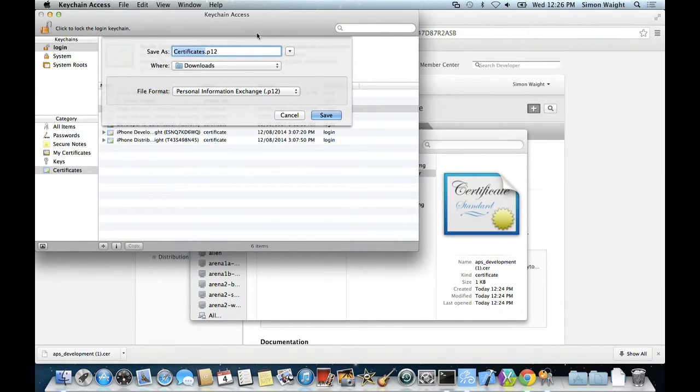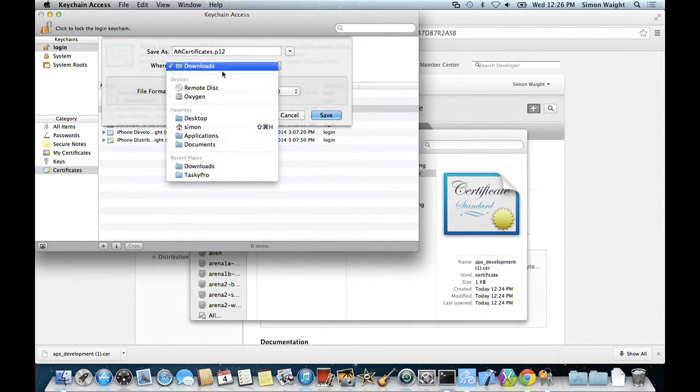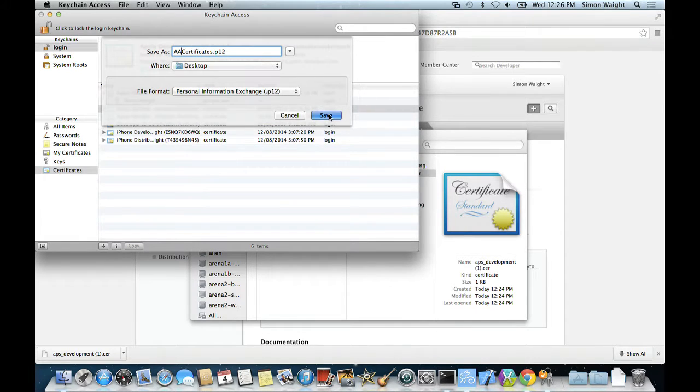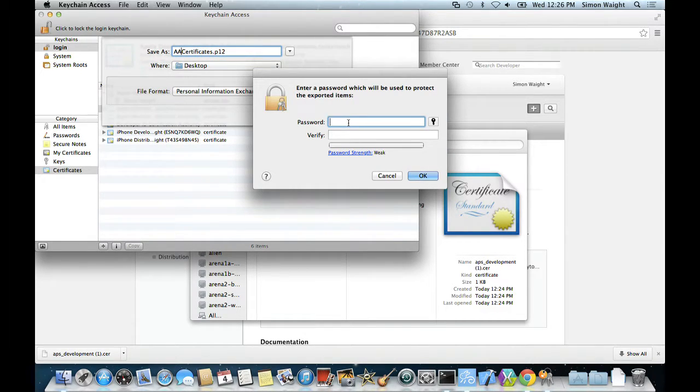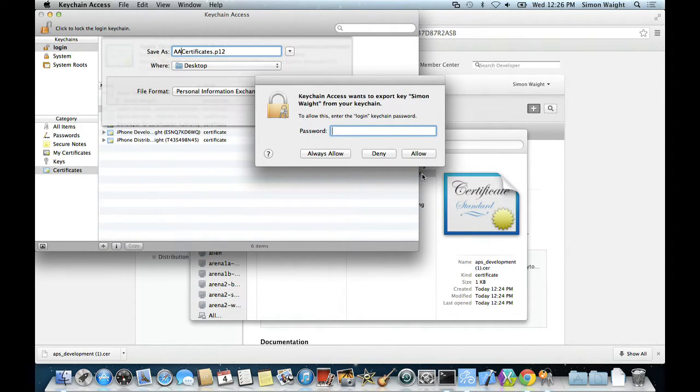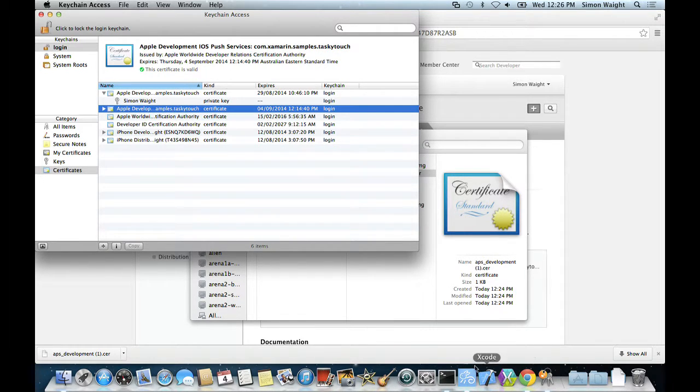We'll export that. It's going to ask us for a new name for that, so we'll call that certificates and we'll put it down on our desktop. We'll save that. It'll ask us for a password because it's including our private key. It's going to ask me the administrator details locally because it needs to use Keychain to export it. So I'll enter my local Mac password and choose allow on that. So now I should find that down on my desktop, I've actually got